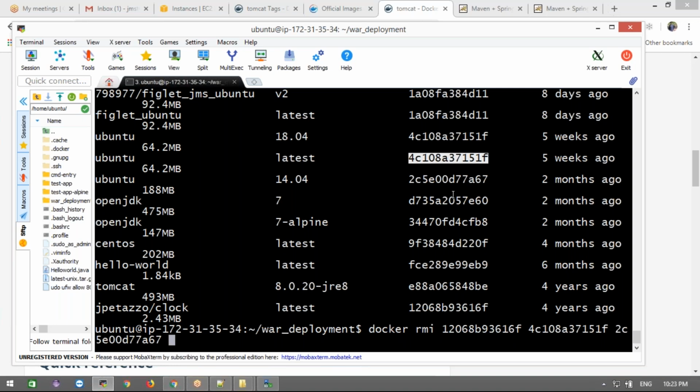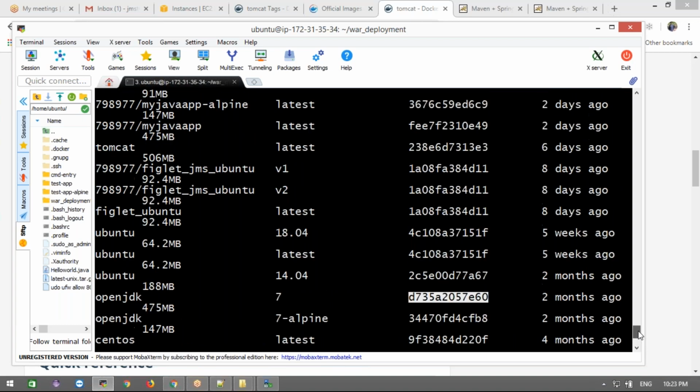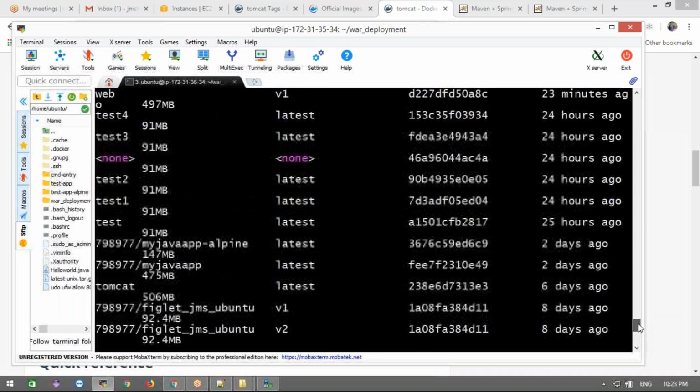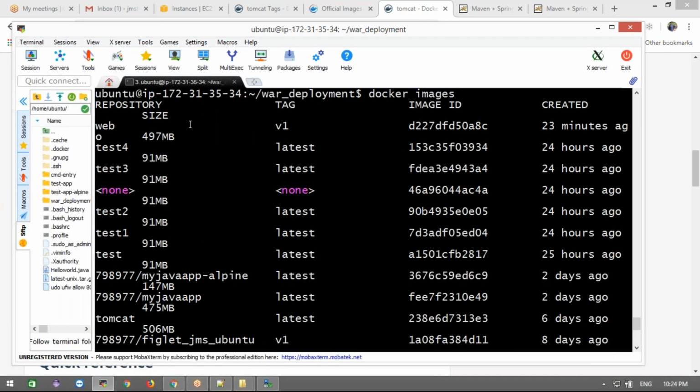Which has more space? 475 is one of them. If you browse a bit up, you'll see the other images you got. See, this is only having 590 MB. 506 is also there.